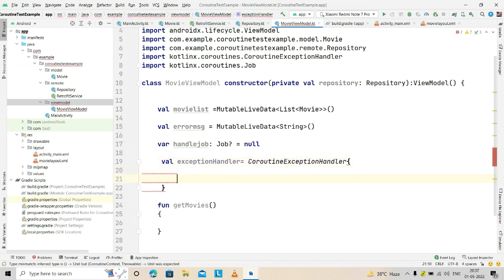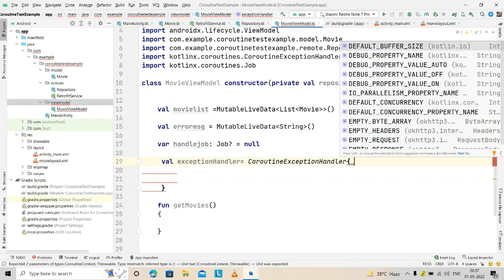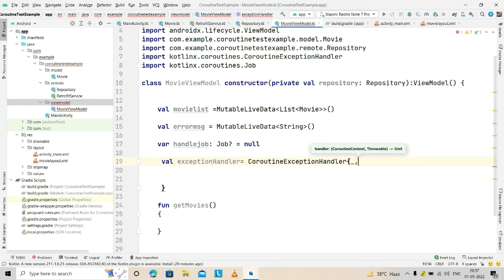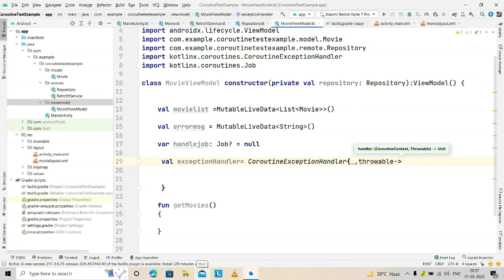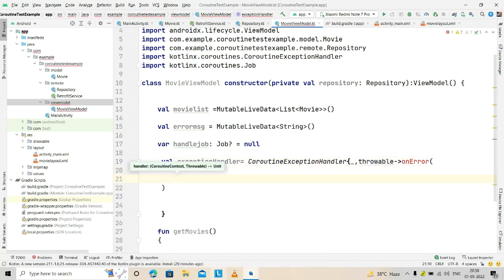we make it like this function, and pass some values here. That means we have to make it customized. So the first field is empty, and we don't want to go with any, we just go for throwable. So you just put it as throwable, and that throwable you can pass with your function that is called on error, and under on error you have to put whatever you want. So I want exception,